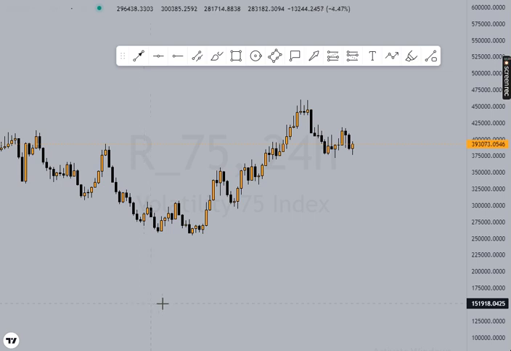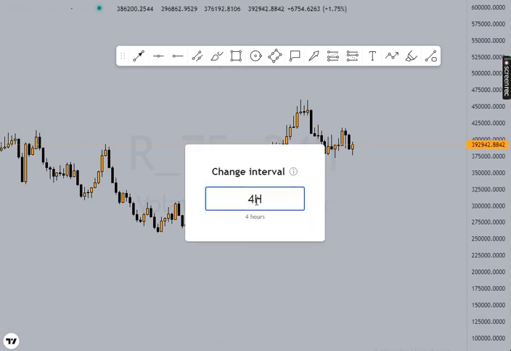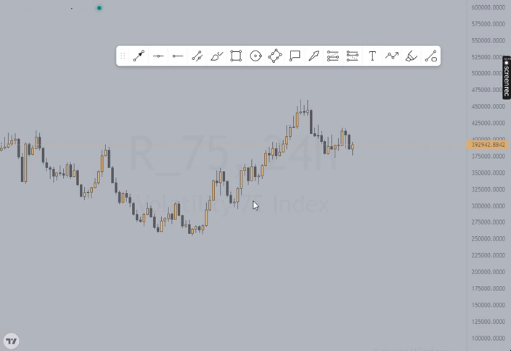Okay, so for today we're gonna start with the 4-hour time frame, one of my favorite time frames to use. Okay, because it doesn't contain any noise. It's very clear and straightforward. So once you understand what you're looking for in this 4-hour time frame, you can drop down to your entry